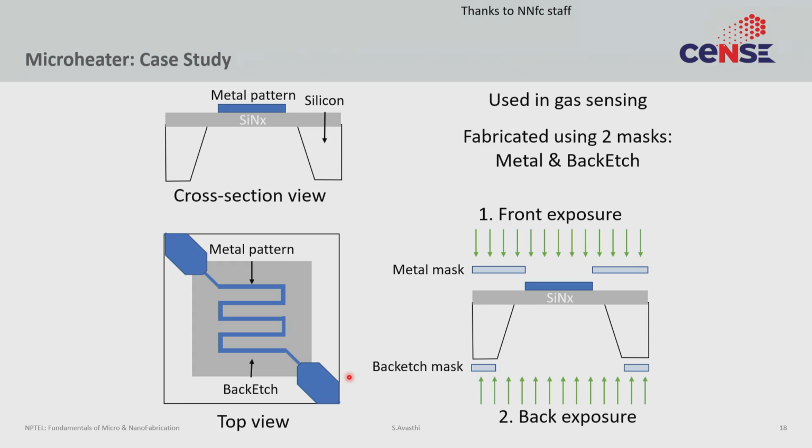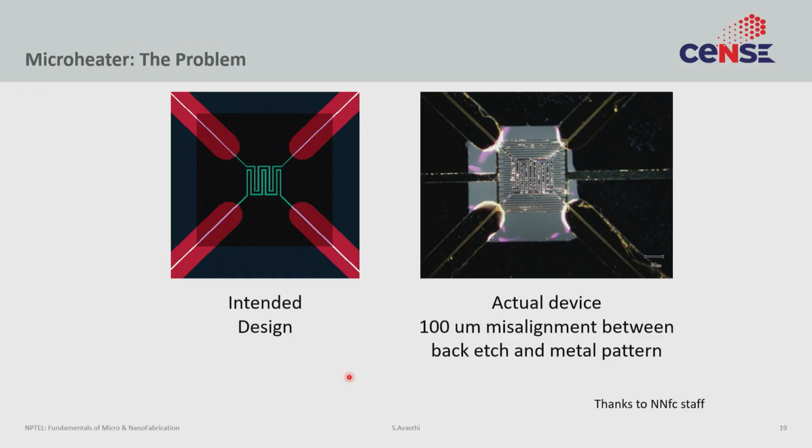So you sort of cut out this hole in the silicon. There are two masks involved, one deposition of silicon nitride, one deposition of metal, and done. What people found was this was the mask design that looked like on the CAD. So this is the CAD design. You see the metal lines, you see the island, which is the silicon nitride, the island that is the etch from the backside, right?